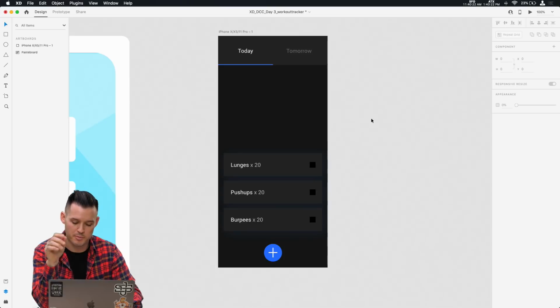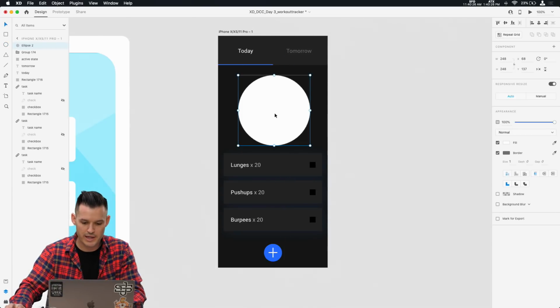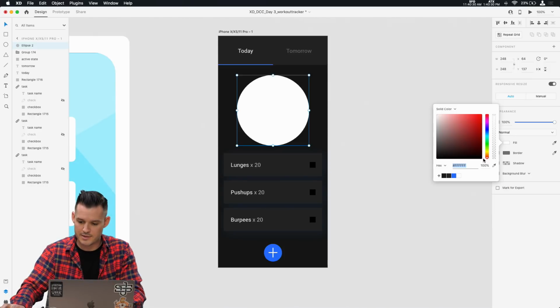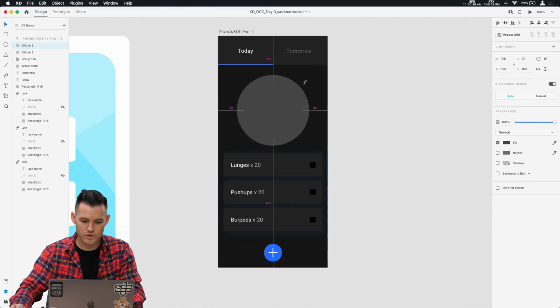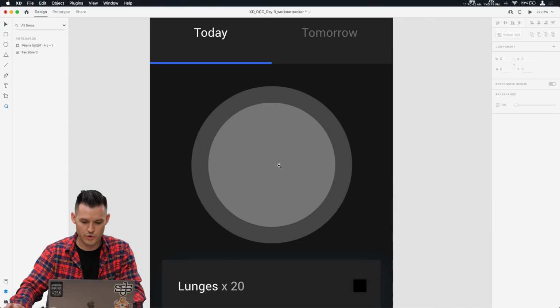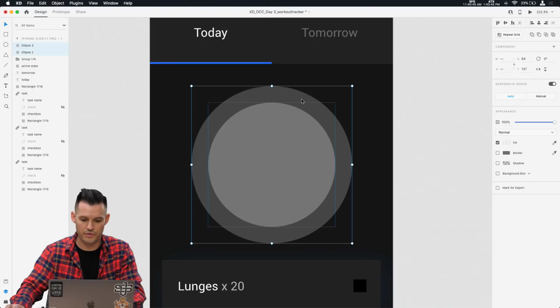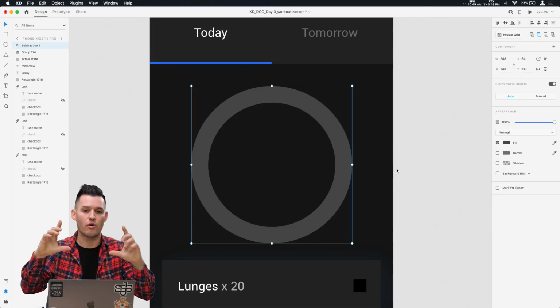Now, yesterday we built a pie chart. I think we should bring that back. Let's do a little pie chart action by dragging out an ellipse. Let's take the border off of it. Let's make it a light gray kind of color, maybe right in there. Let's do another one, Command-C, Command-V, shrink it down. I'm gonna change the color so I can see, because what we're trying to do is create that width, right? What is the width we want there? We're gonna grab both elements and subtract, and now we have the start of our pie chart.